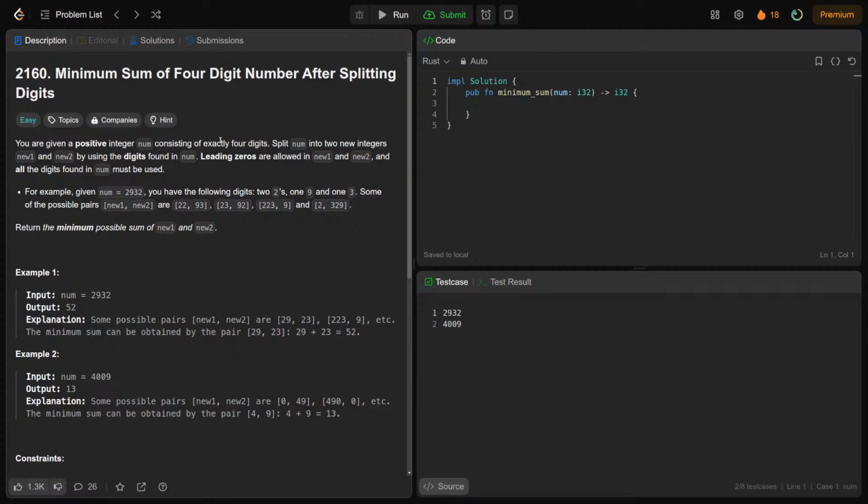So for example, given num 2932, you have the following digits: 2 2s, 1 9, and 1 3. Some of the possible pairs new1, new2 are 22, 93, 23, 92, 223, 9, and 232, 9. The minimum possible sum of new1 and new2